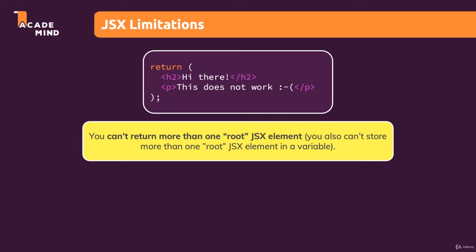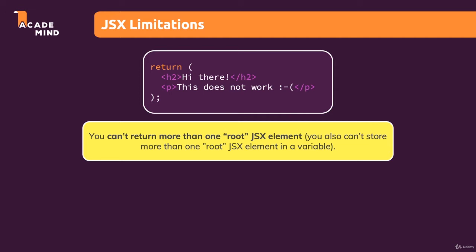So if you return a value, or if you store a value in a variable, or in a constant, or in a property, that value must only be exactly one JSX element, not 2 or 3 or 4 side-by-side adjacent elements. Now, that one element which you are allowed to have may of course have more children, which then also can be adjacent to each other. But that topmost element, which you're storing or returning, must only be one element.